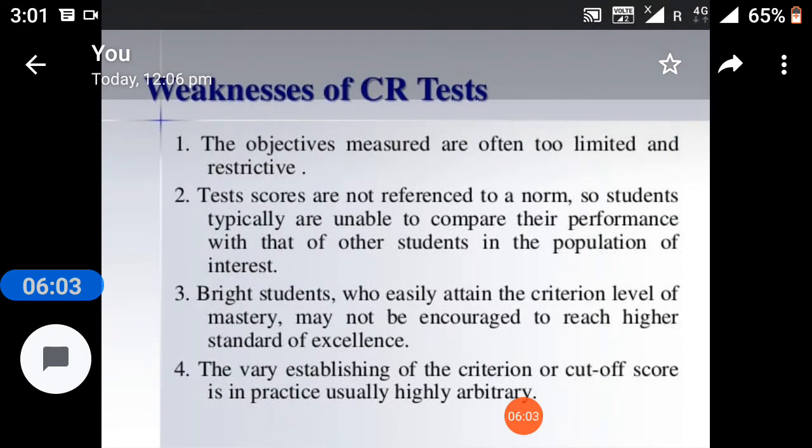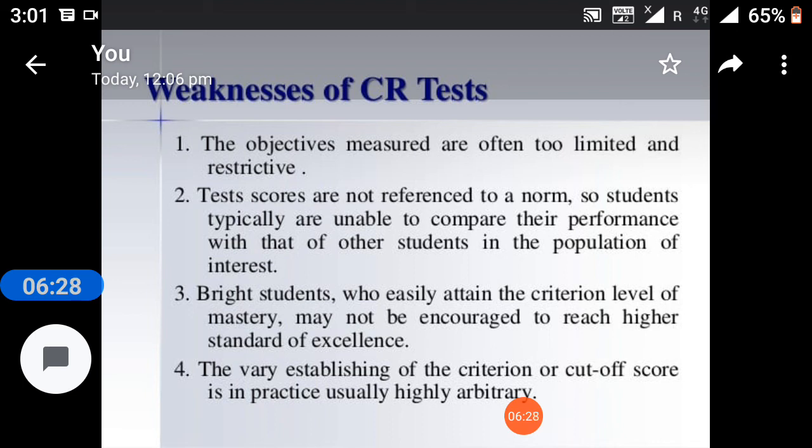Weaknesses of criterion reference tests. The objectives measured are often too limited and restrictive. Test scores are not referenced to a norm, so students typically are unable to compare their performance with that of other students in the population of interest.